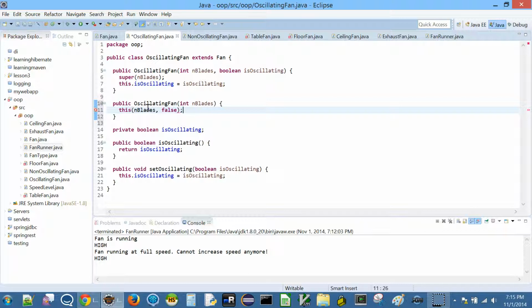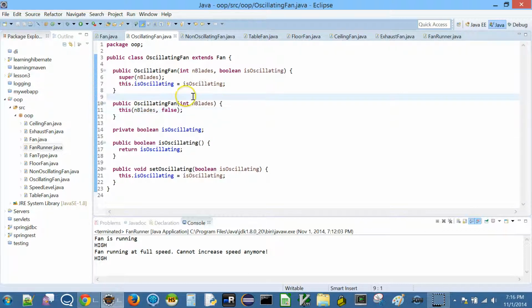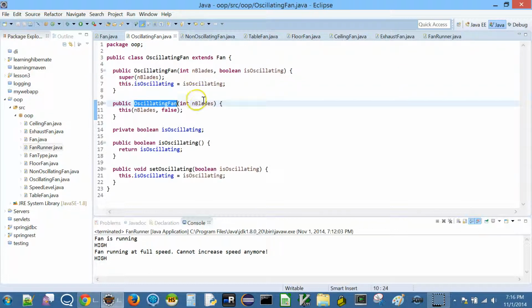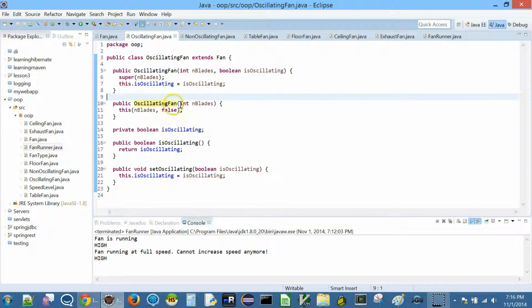Okay, so now whenever the floor fan is going to call this super, it will go to oscillating fan. Let's just go here and press F3, and it is calling this one constructor for oscillating fan.